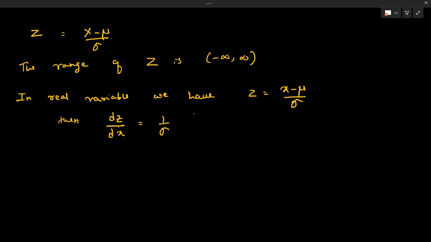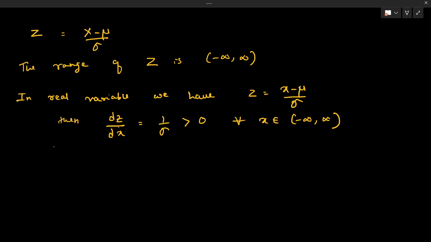And since sigma square is the variance, sigma is the standard deviation, and standard deviation is always positive. So this value is greater than 0 for all x from minus infinity to plus infinity. Thus we can say that z is a monotonic function, and in case of a monotonic function,